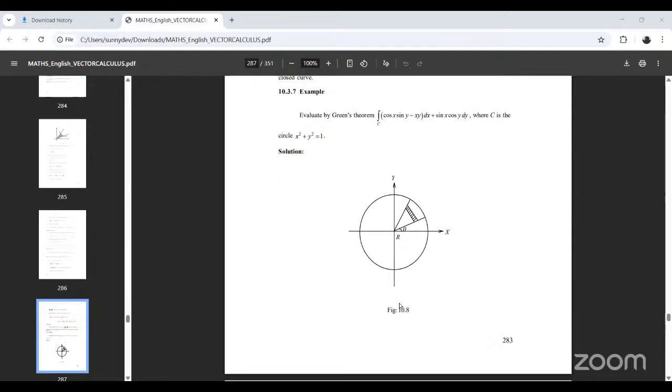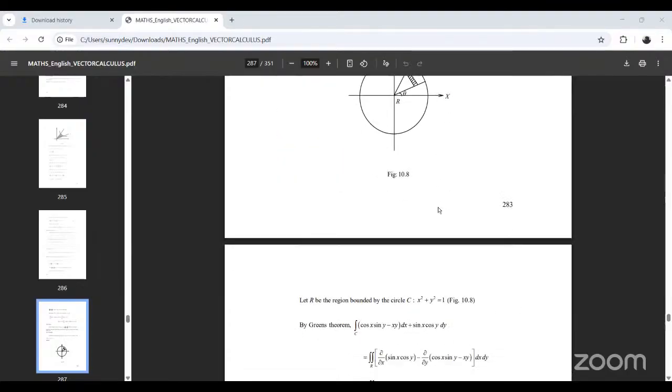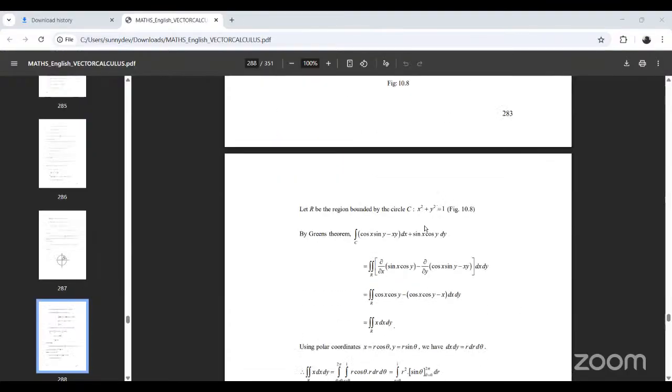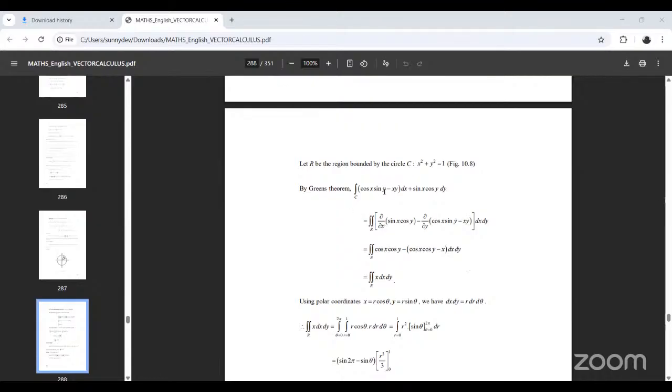Next, evaluate by Green's theorem the integral of (cos x sin y minus xy) dx plus (sin x cos y) dy, where C is the circle x square plus y square equal to 1. So this is the path. By Green's theorem, the integral of M dx plus N dy is nothing but